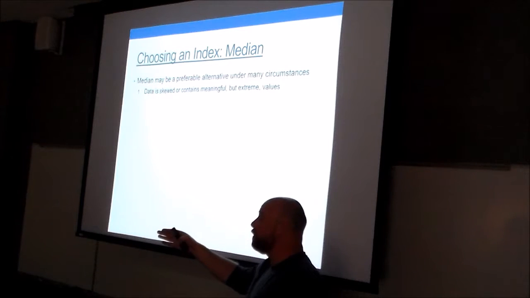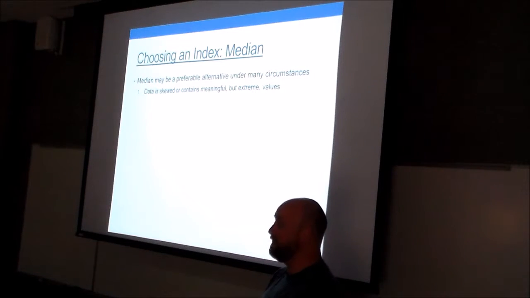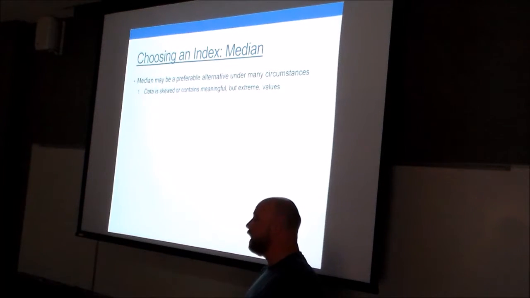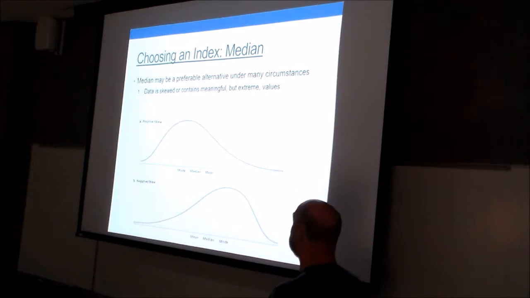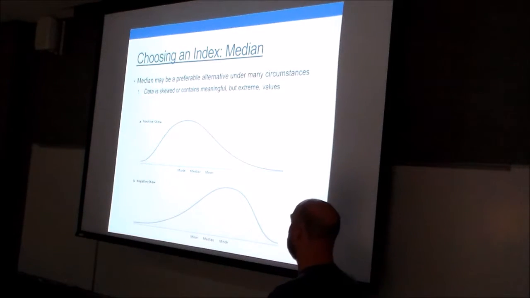But do we ignore those people? No, because they're part of the population of interest. Should we calculate a mean though? No, because that's going to drag it out and make it sound like people are making a lot more money than they are, those of us in the masses. So in this case, we don't want to ignore them because they're important pieces of information to take into account, but the mean is going to get skewed. So what we're probably going to do is choose the median. So when we've got positive skew,